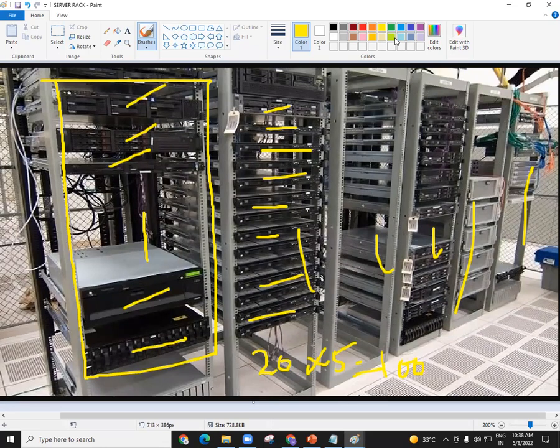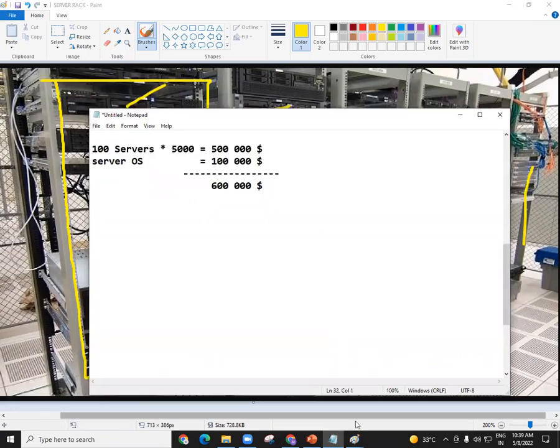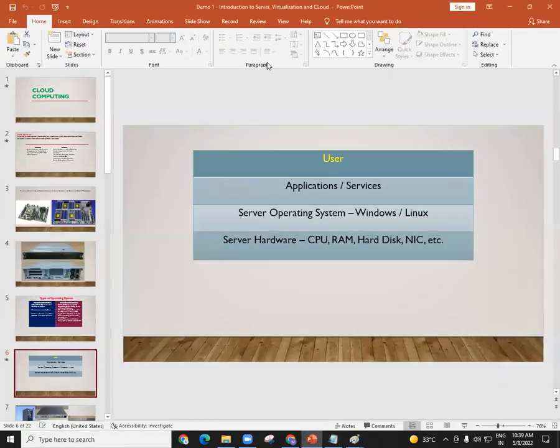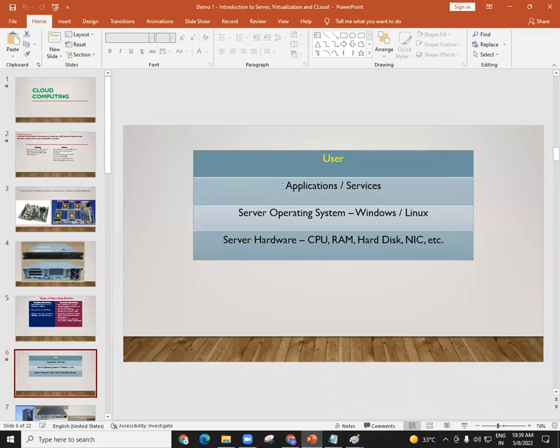Got it? A data center contains many devices like routers, switches. There is one more device called storage that we will see in more detail again. So routers, switches, storage, firewalls, but the most important device is the server. A company has to spend that much money if they want to take 100 servers, then they can run the applications. After running the applications, the business is started. They are getting profits, or maybe they are in loss, whatever.